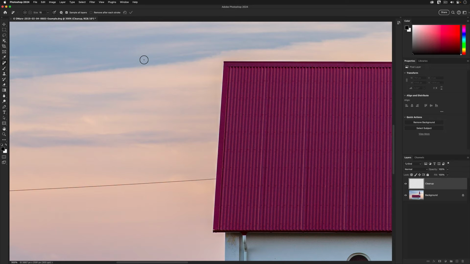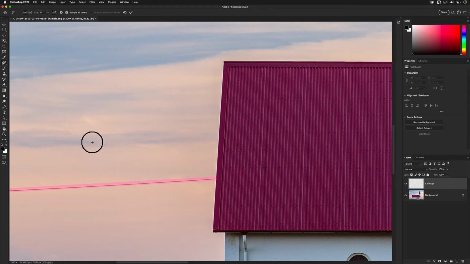And now I can repeat this process for the second line. I'll use a regular mouse click to set point A. Then I'll move the cursor over to the other side. I'll hold down the Shift key and tap the left mouse button again to set point B. Once my overlay is in place, I could go back up and tap on the check mark on the options